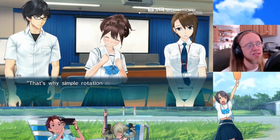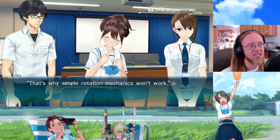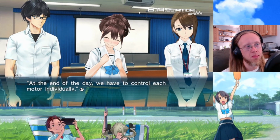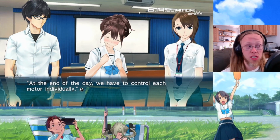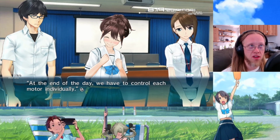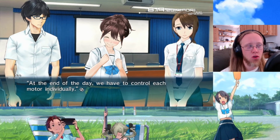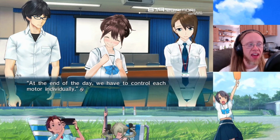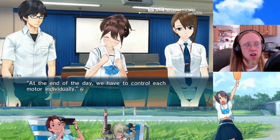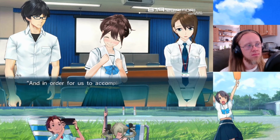単純な回転運動では対応できないんです。Okay, that makes sense then. 結局、動かすためにはそれぞれのモーターを個別に制御しなくちゃいけなくて。Individually. So with a large robot with all the servo motors, how many servo motors would there be in a very large robot? Because that's a lot of motors to control individually. そのためには電力が必要になっちゃうんですよ。